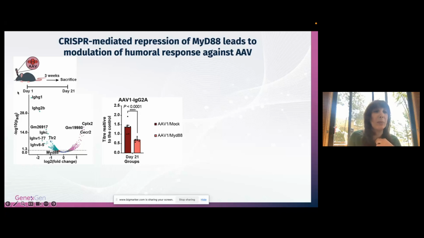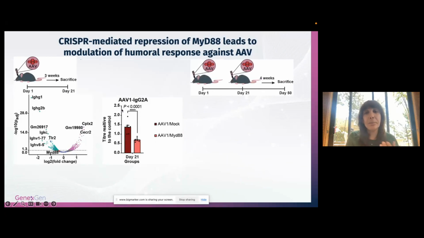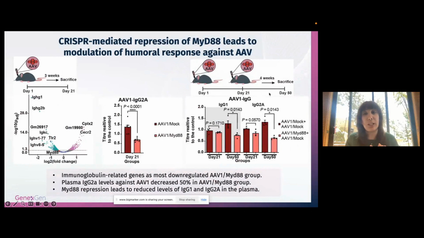AAV. In the published paper, we packaged CRISPR within AAV1 and injected these into mice. The AAV1, as I said, produced CRISPR that represses MyD88. And we looked at the AAV1-specific antibodies in these mice about 3 weeks after injection. We show that MyD88 repression, when it's incorporated within AAV1, decreases the antibody response against AAV. And that redosing, when there is already a repressed MyD88 status, allows us to control the further rise in